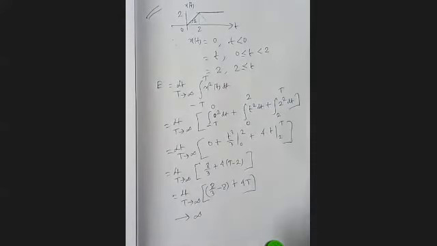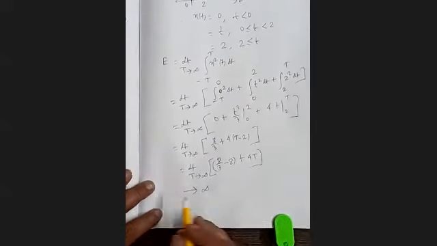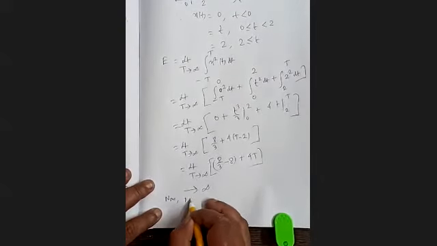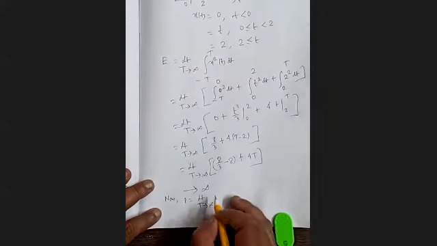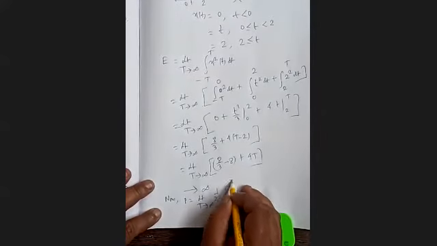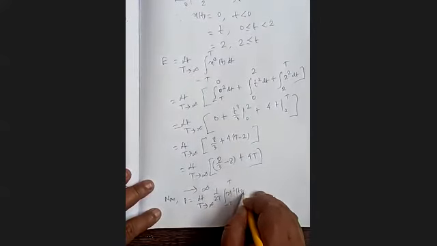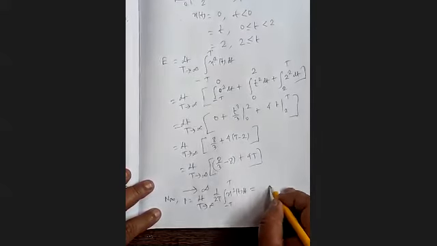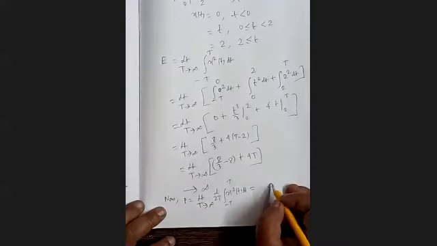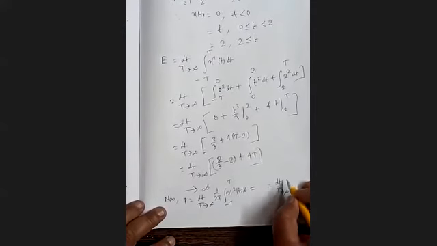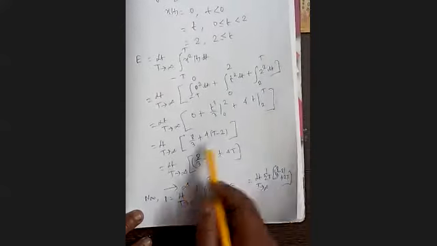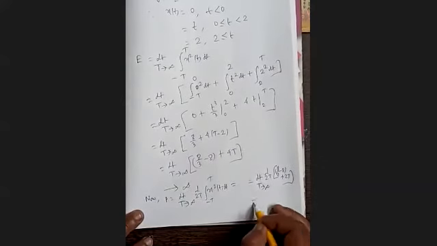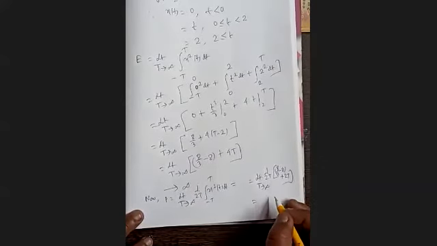And how to calculate power? Let's calculate the power. Now P equal to limit T tends to infinity, our duration is 2T, 1 by 2T integration from minus capital T to plus capital T of x square dt. So after that, what we get? We get the last line. So it is limit T tends to infinity 1 by 2T times 8 by 3 minus 8 plus 4T. Now 2T by 2T cancels.